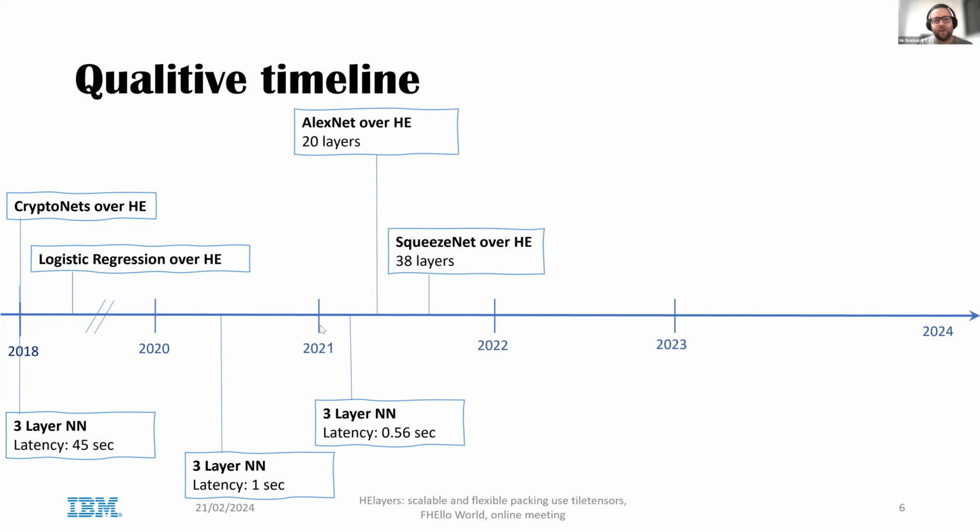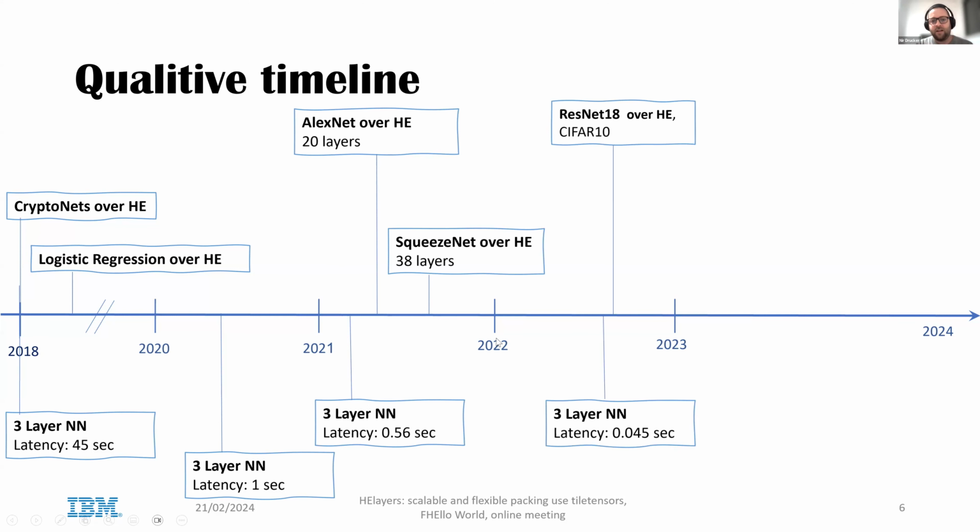And in 2021, we know that we can already run networks like AlexNet and SqueezeNet, which involve 20 layers and 38 layers, over FHE in a matter of minutes, which is super fast and exciting. And the 3-layer neural network got down even to 0.56 seconds here, and later on it went down to 0.045 seconds. So we see a lot of improvement in performance, but on the other hand, we see the networks that we want to evaluate, like in inference and also in training, but mostly in inference today,